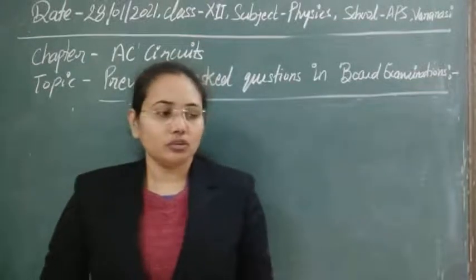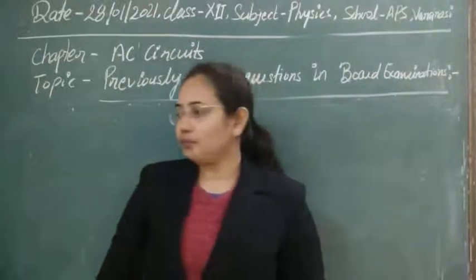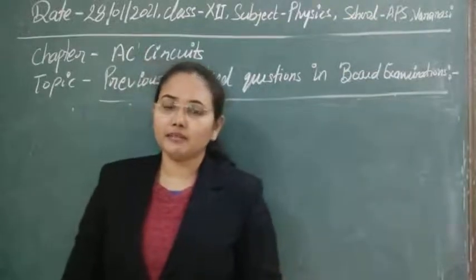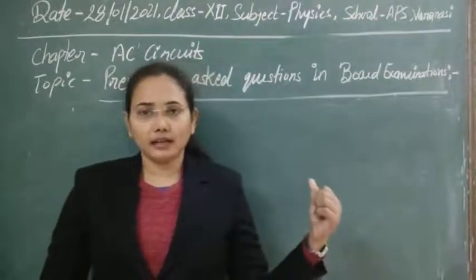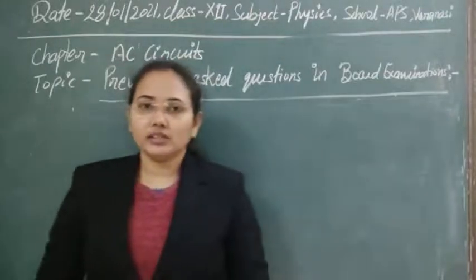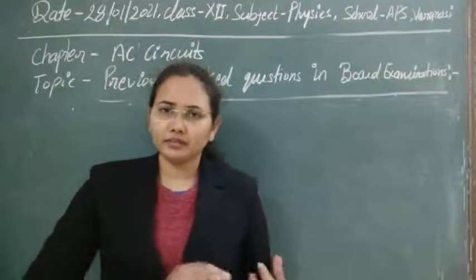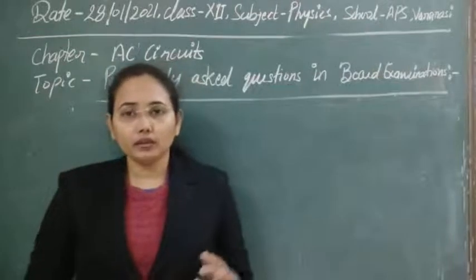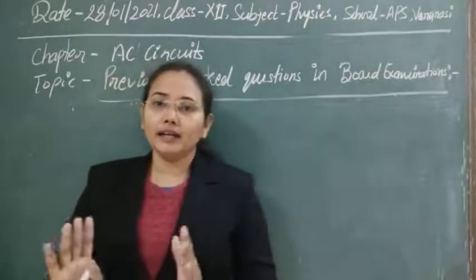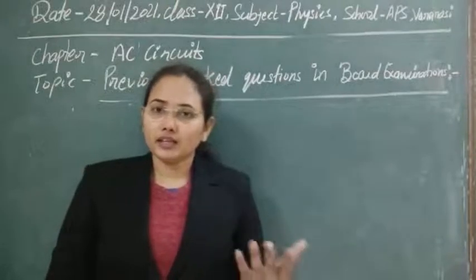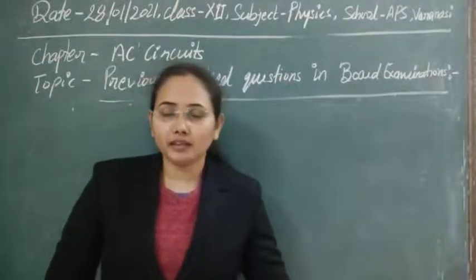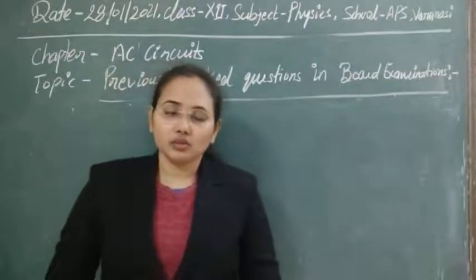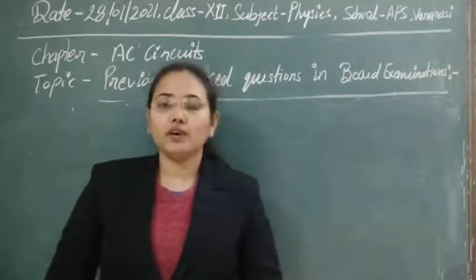So today, students, we have discussed a number of questions with the help of the series LCR circuit, and I have just told you the principles that lie behind it. Next, the questions that are asked are with the other series, like the pure inductive circuit and the pure capacitive circuit, and we know the relationship between current and voltage there. In case of an inductor, current lags behind the voltage, and in case of a capacitor, it leads the voltage. So how can you derive the expression for that?